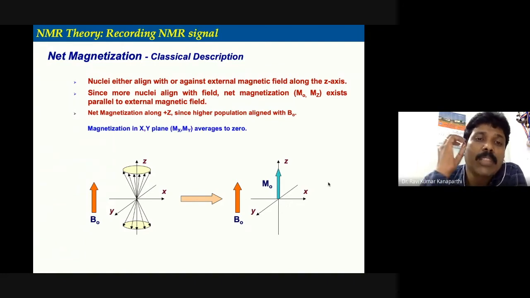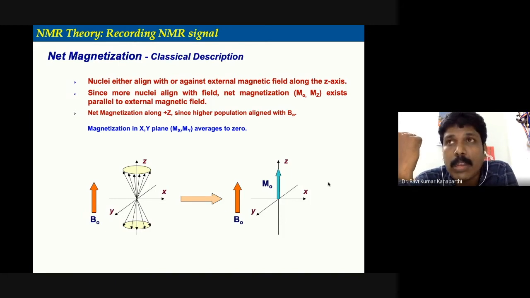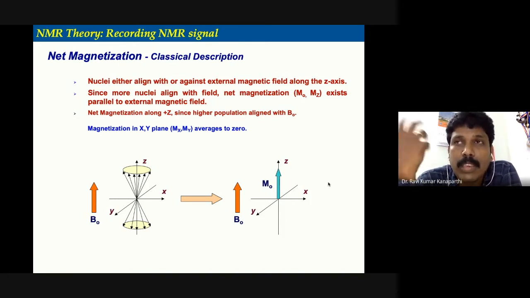And what happens to the magnetization along the other directions? Why are we not talking about the other directions, that is x and y? Well, this is very simple. Since we have applied the magnetic field in a particular direction, you will have magnetization only in that direction. Other directions we usually don't consider, and moreover it is actually zero.